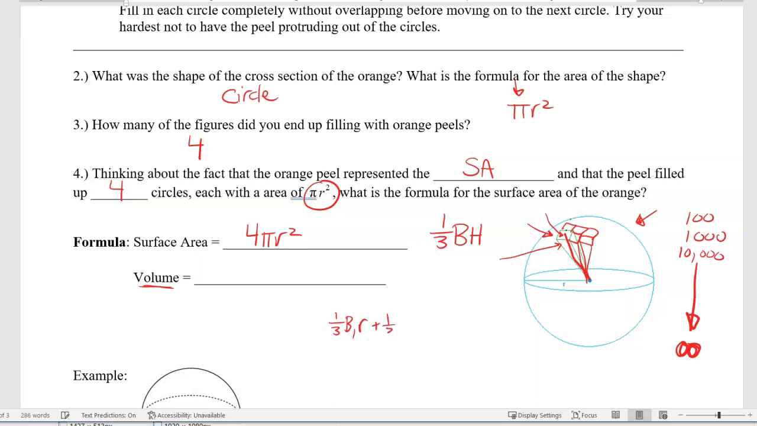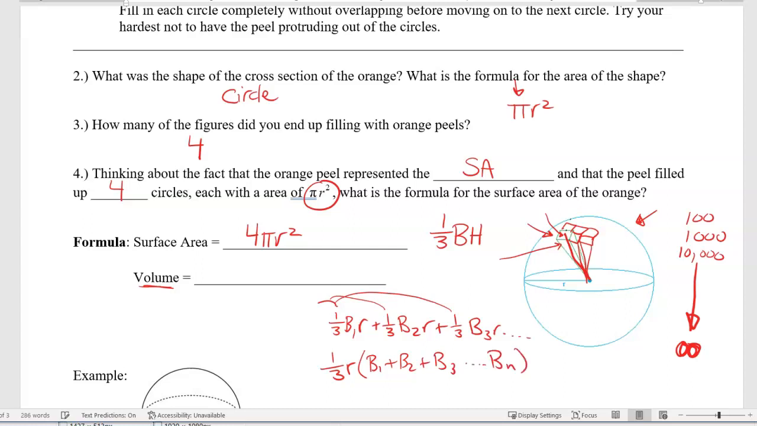The next one will be 1/3 base 2 times radius. The next one would be 1/3 base 3 times radius, and so on. What we would do is take out our algebra tools and figure out what we can pull out of all of these. We can factor out a 1/3, and we can also factor out an r. What we'd be left with is base 1 plus base 2 plus base 3, and so on,